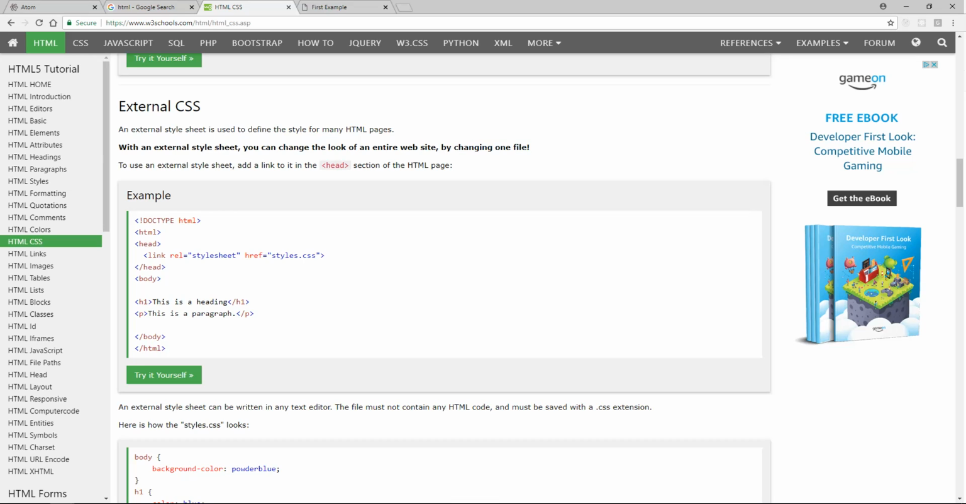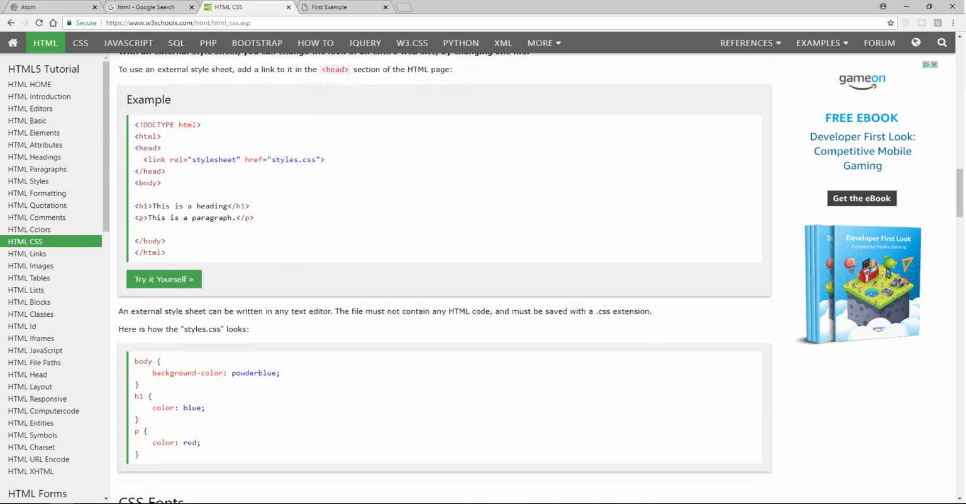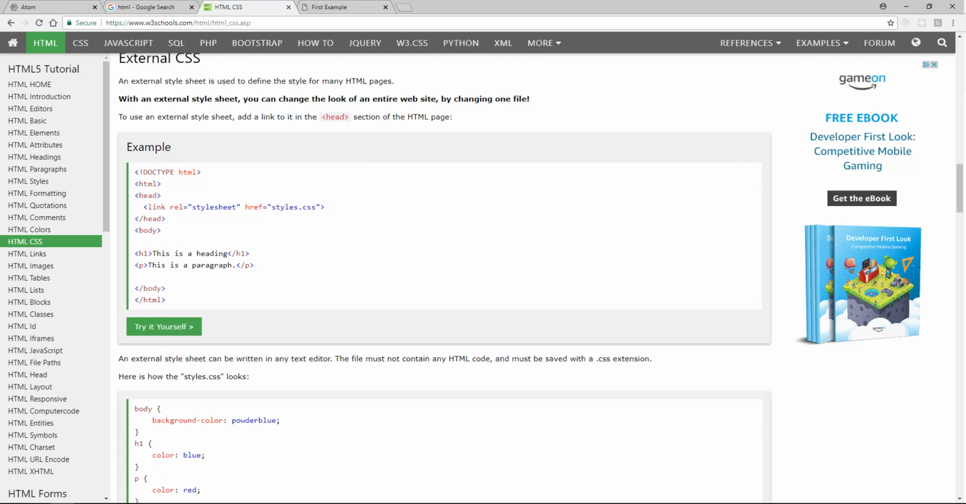So you can change the look of an entire website by changing one file. Isn't that great? Much better, right? We don't have to go back through every single page. We don't got to go through 100 different files and change it. We can just change it in one spot. So how do we do this? So we already set this up a little bit,